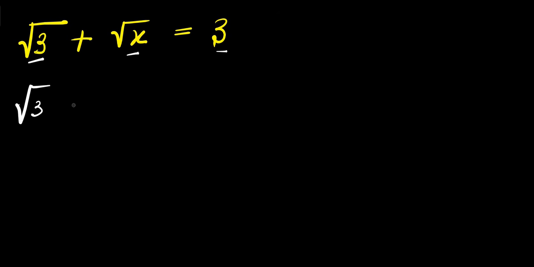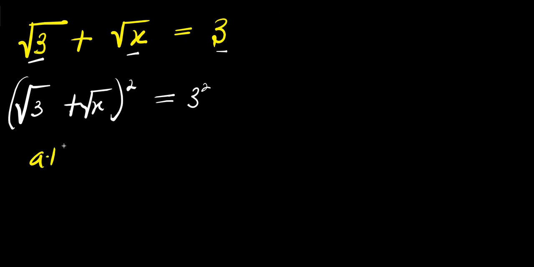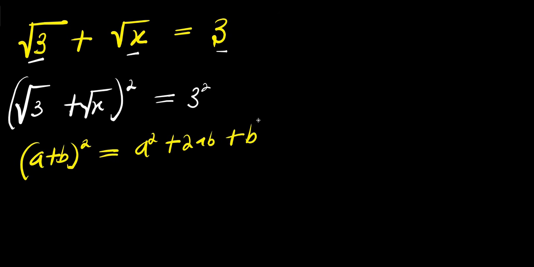Square root of 3 plus square root of x, raised to the power of 2, equals 3 power 2. Expanding this, we apply this identity: a plus b power 2 equals a squared plus 2 times ab plus b squared. These are a, this is b, so we have